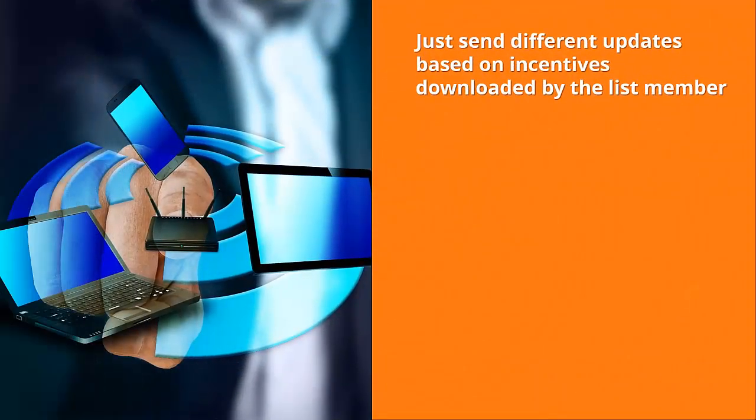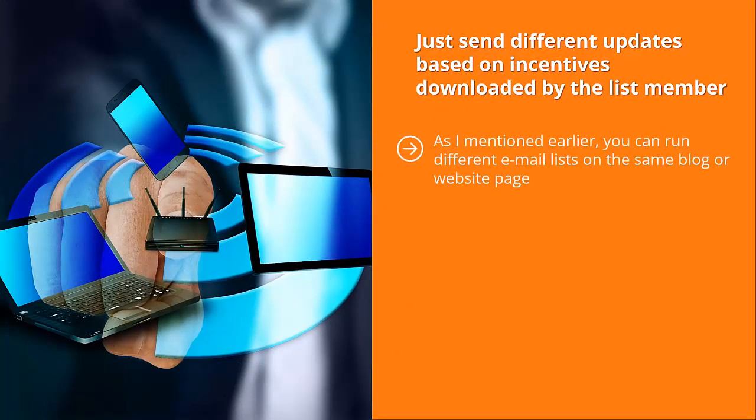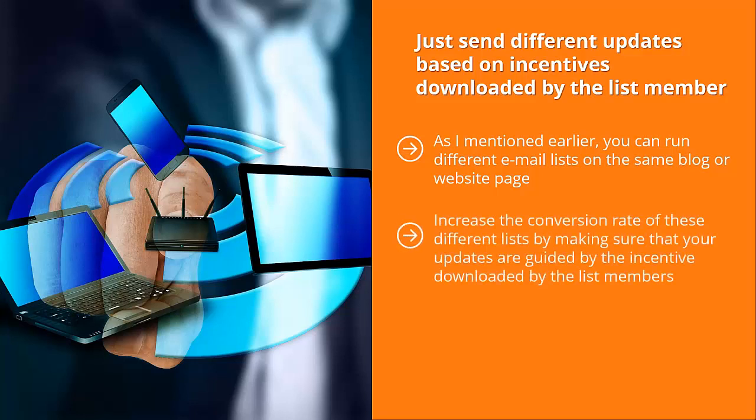Just send different updates based on incentives downloaded by the list member. As I mentioned earlier, you can run different email lists on the same blog or website page. When people click these ads to sign up to a list, they're actually signing up to different email lists. Usually, these different lists offer different incentives. Increase the conversion rate of these different lists by making sure that your updates are guided by the incentive downloaded